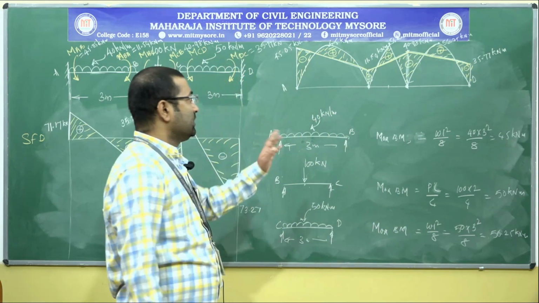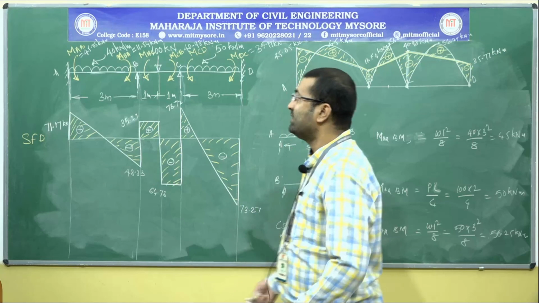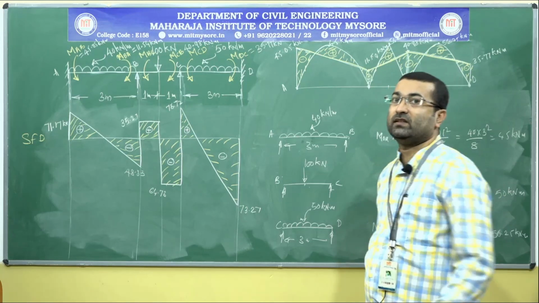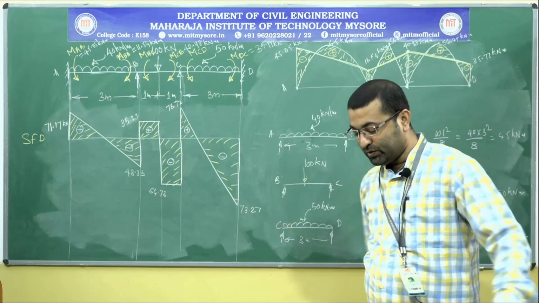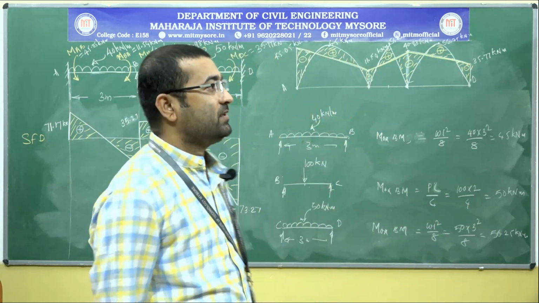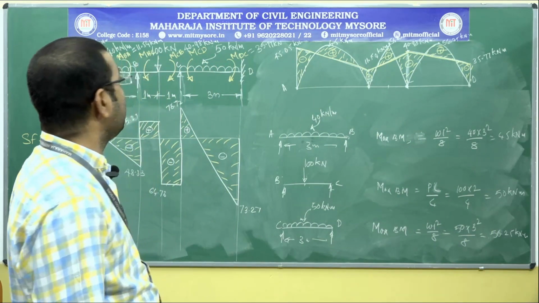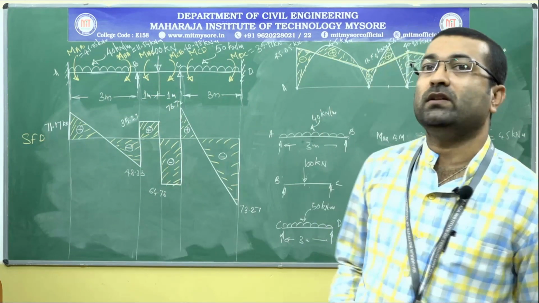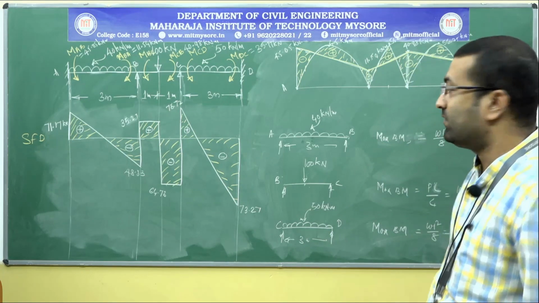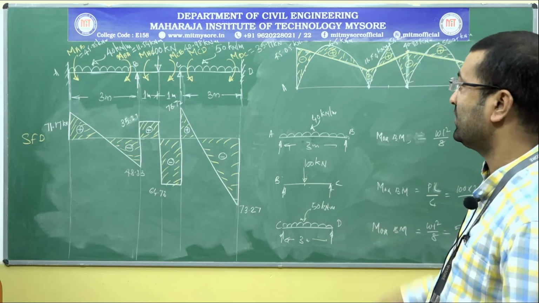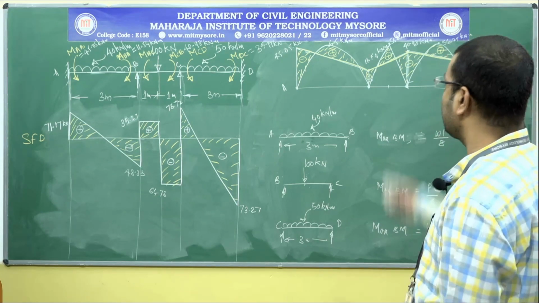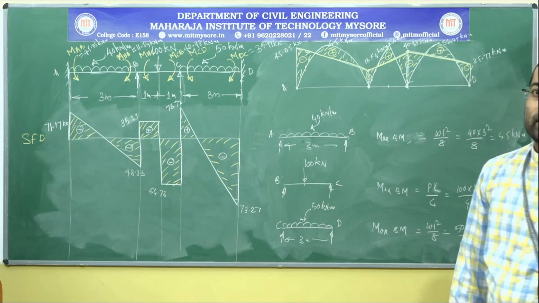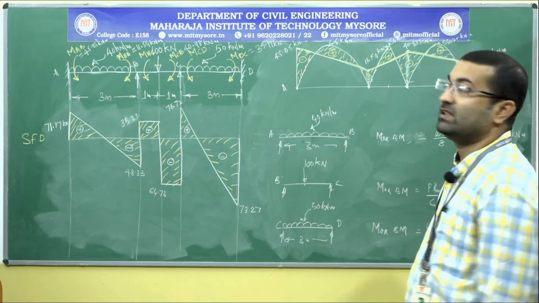So this completes the analysis of the continuous beam ABCD which has a sinking support. Okay. So we have applied the slope deflection method, and we have analyzed the continuous beam. So finally we have come out with the shear force values and how the shear force varies in the continuous beam, and also we have drawn how the bending moment varies in the beam because of the loads and the sinking.